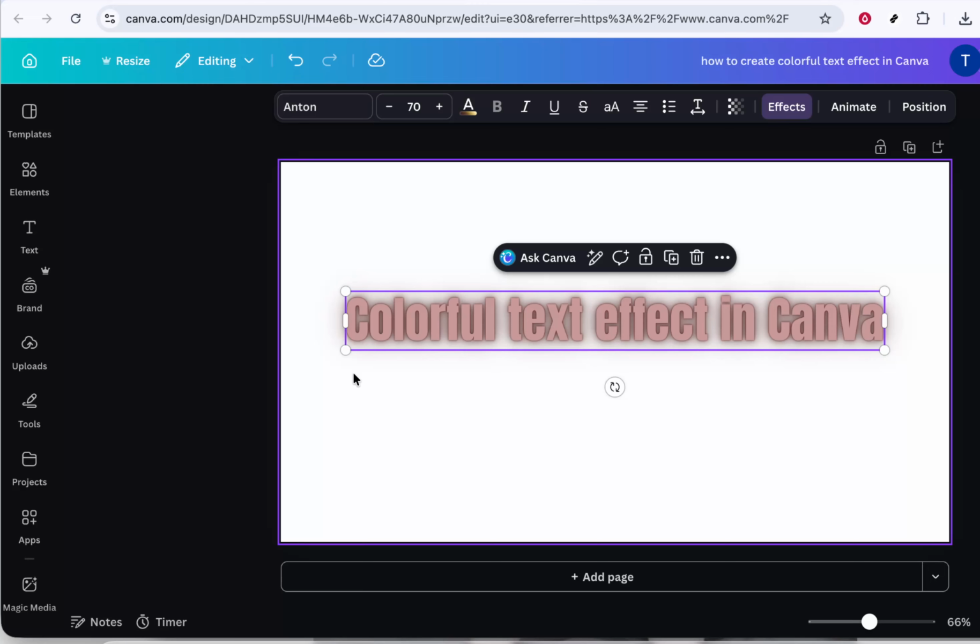When you're happy with how your text looks, click anywhere outside the text box to see the final result in context with the rest of your design. That's all there is to it. Click on your text, open the text color tool above, and customize your colors until you get the